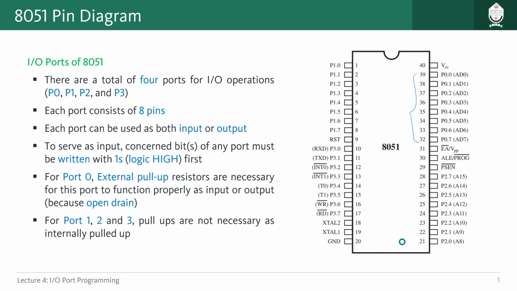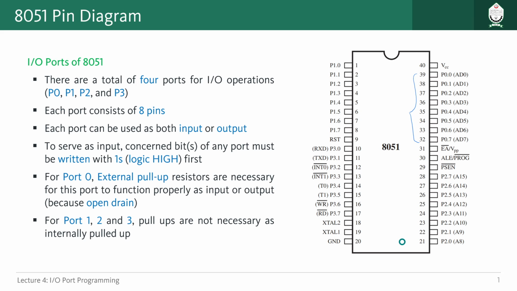After that we can actually use that as input. So why that happens, the internal mechanism and the structure, these things we will try to discuss in this lecture, and we will understand why we need to actually write logic high before we can make any port or any pin